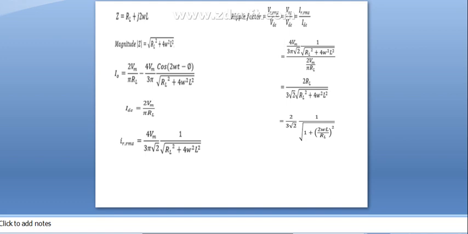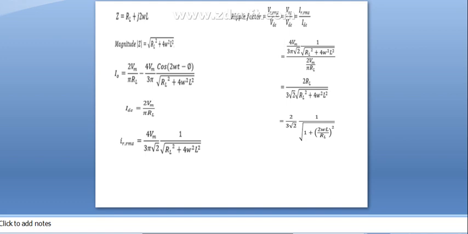So actually we know that the ripple factor is VRMS by VDC, or IRMS by IDC, or VAC by VDC. The ripple factor is the ratio of RMS quantity to DC quantity, right? So substitute this VRMS or IRMS and IDC in this equation. Here the ripple factor is IRMS by IDC. We know that IRMS is this one and IDC is 2 Vm by pi RL. If you substitute these two in this equation,